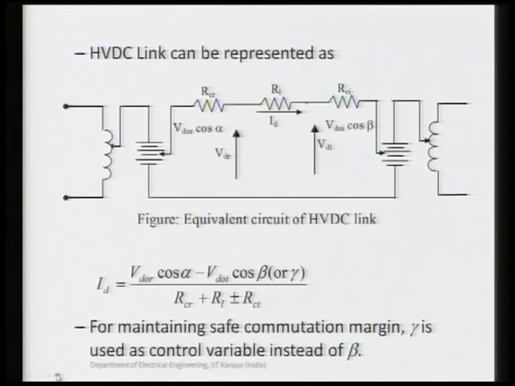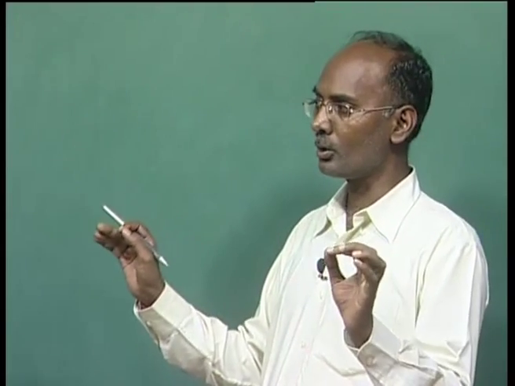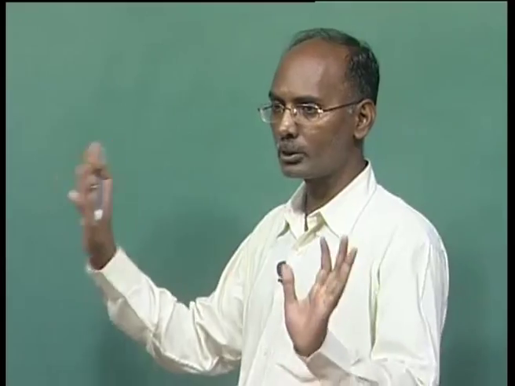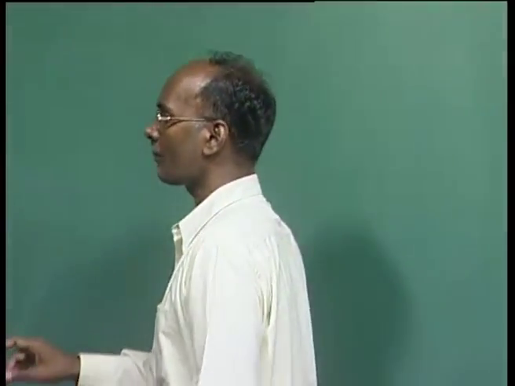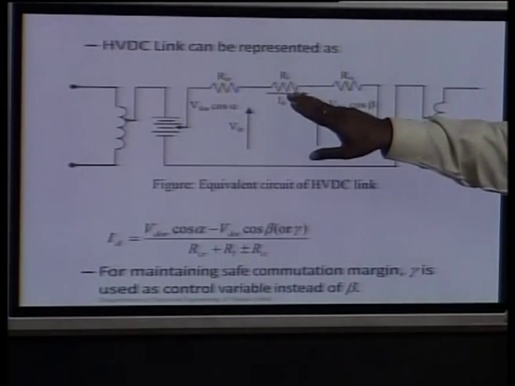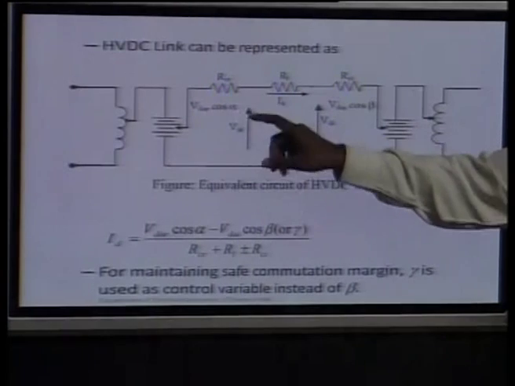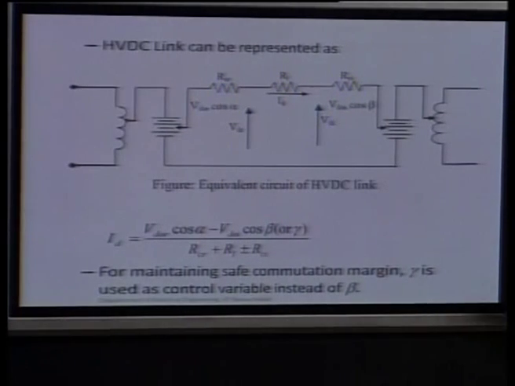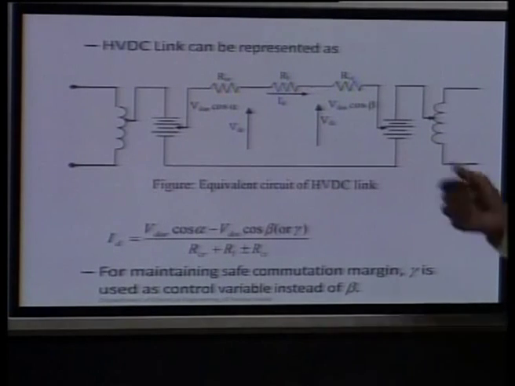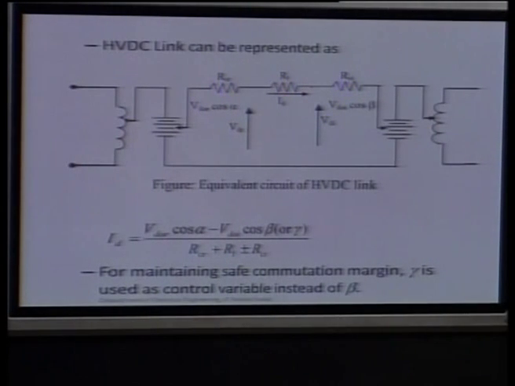So in this circuitry there are two possibilities. If there is no voltage change on either side, for a given set of power control, your ID is fixed, voltage is fixed, and this control link will operate without any change. Whatever power you want to control here, the ID is decided accordingly. If voltage here is fixed, alpha and beta are fixed, if there is no change in the AC side voltage, constant power will be flowing, and alpha is constant, gamma is also constant.